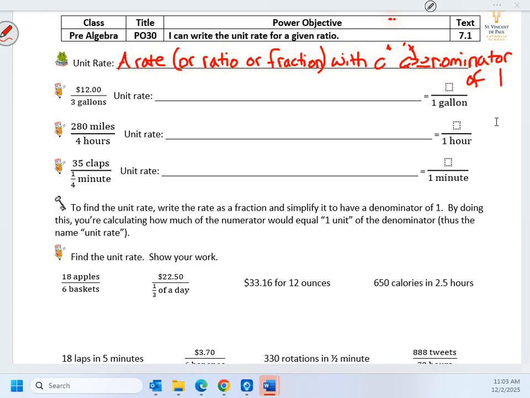Sometimes we will divide down to a 1. Sometimes we're going to multiply up to get to 1. So we're going to learn when we do what. So if we have $12 for 3 gallons of gas, our unit rate, our question we ask is how much money